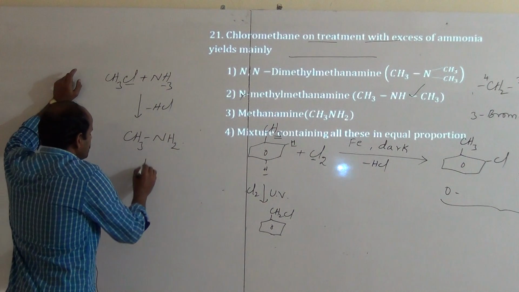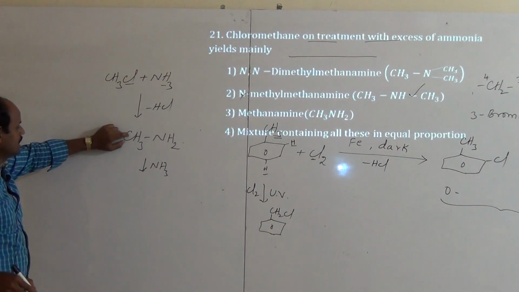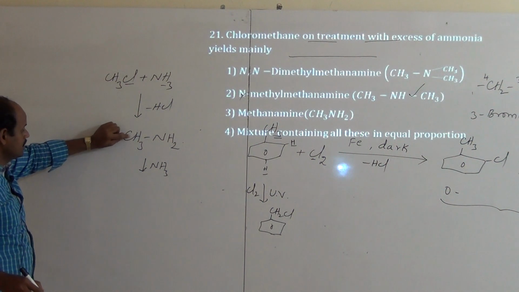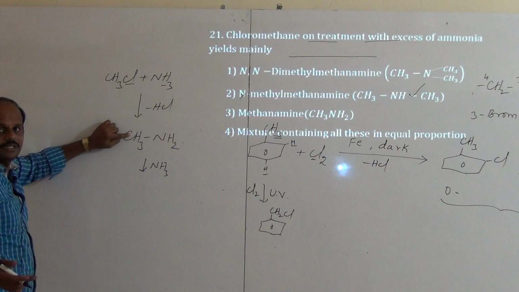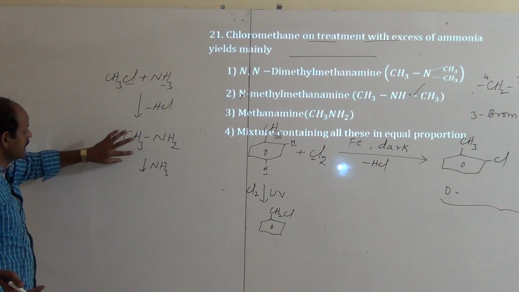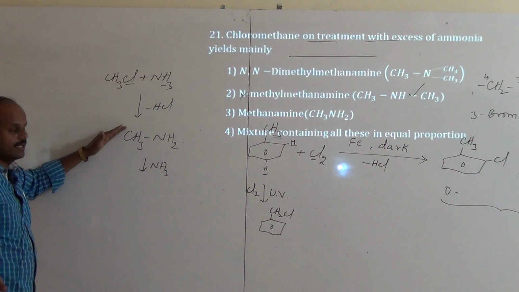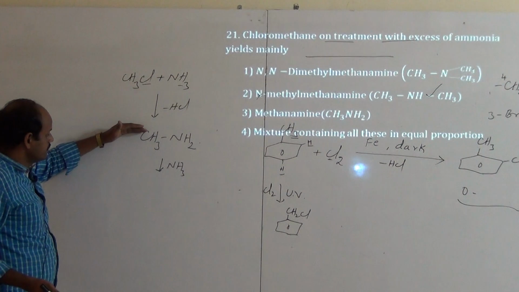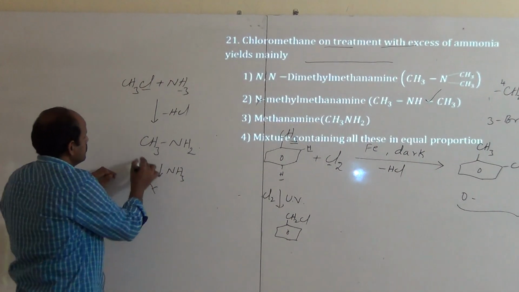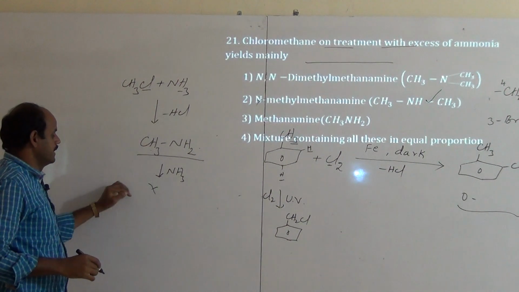We have excess amount of this ammonia, but what is the use? There are no Cl atoms present on this carbon. There are no chlorines or halogens. Okay, if other halogens are there, then again we will remove HCl and this NH2 will attack on this carbon. But here there are no halide atoms, thus we get finally this product only. What is that? CH3NH2 means methanamine.